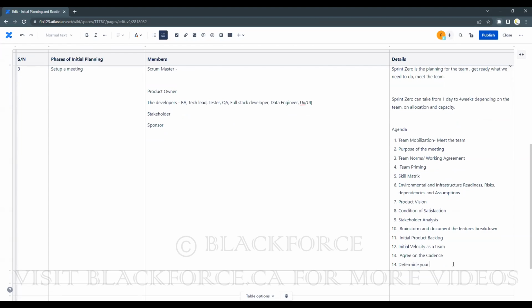Determine your MVP. Before you can determine your MVP, if you have your initial product backlog, you need to estimate as well. You need to estimate the backlog in relation to the stories. I'll show you how to do that. Then determine your MVP. Then after that, the condition of satisfaction